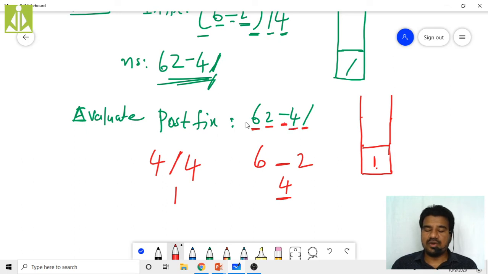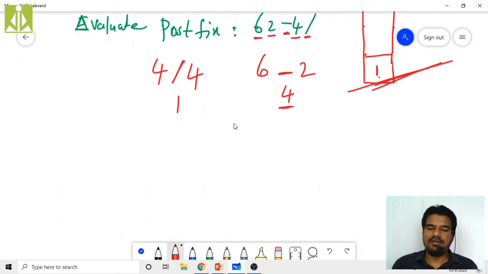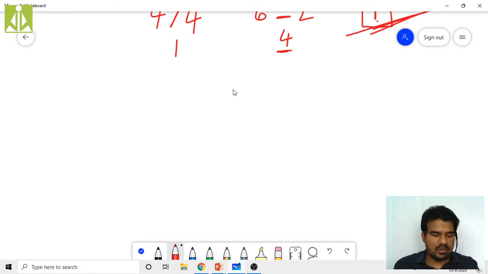Now go to the expression. Do we have any more characters in my string? Means no, I don't have any more characters. So my string is simply ended. Whatever value I have inside my stack, that will become my final value of the postfix expression. So in this way we evaluate the postfix expression. Hope you got this one. Again, we will do one more example, a bit complicated one.